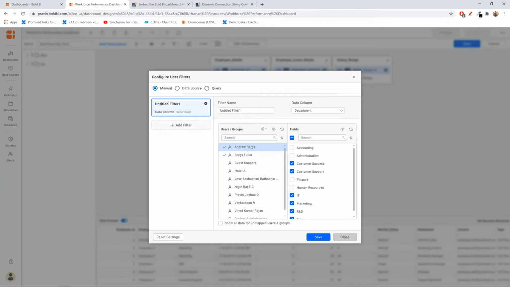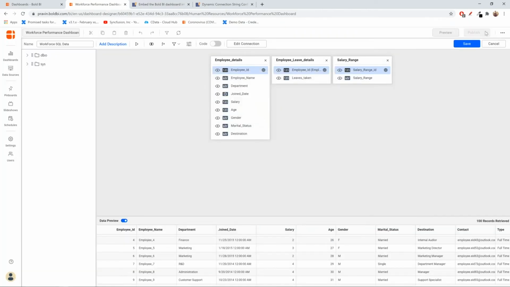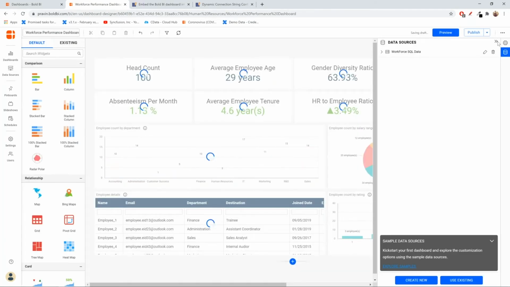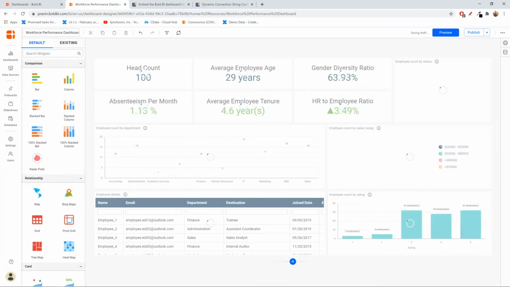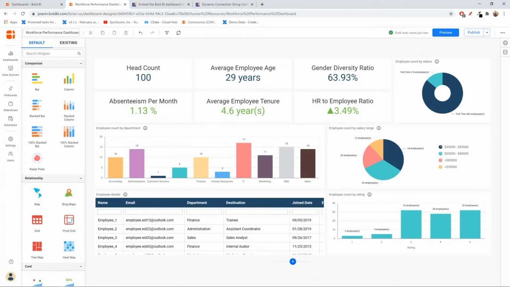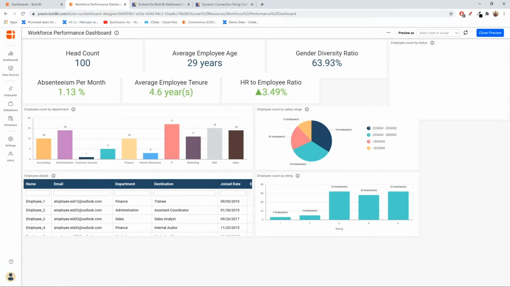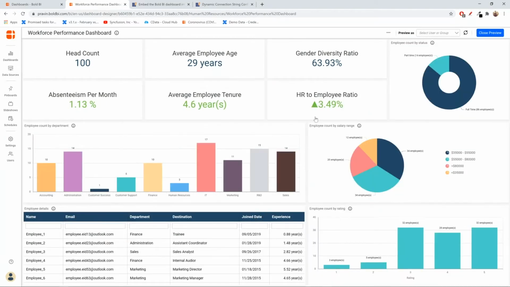Okay, so now let's close this and save the dashboard. Let me close this data source panel. When you preview the dashboard, you have this option to impersonate any user and see how the dashboard is going to look for them. Let me click the preview button. So now this dashboard is what it is going to look like for an administrator.